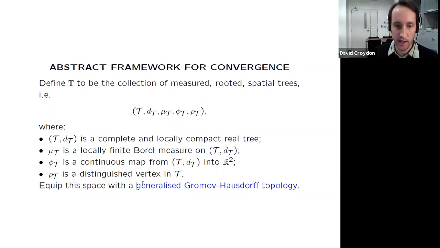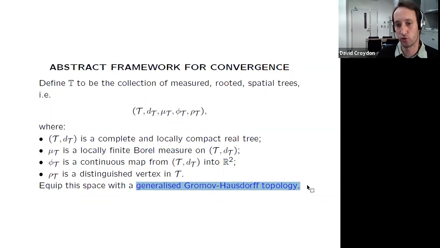But in particular, we're going to use something, well, it's not really called this, but we're going to use a generalized Gromov-Hausdorff type topology. For people that haven't met Gromov-Hausdorff type topologies before, this is a natural notion that captures convergence of metric spaces. Maybe if you've seen any of Christina's talks on scaling critical random graphs or trees or minimal spanning trees and so on, then you might have met this before.